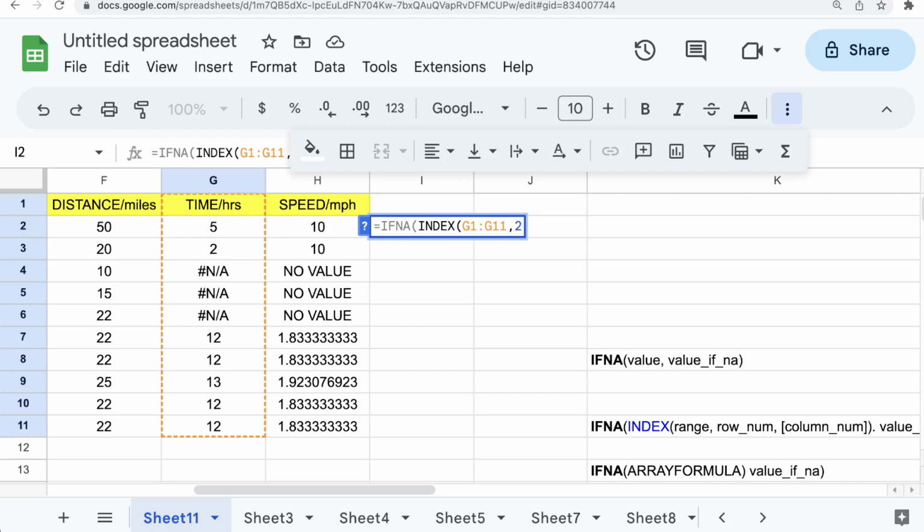Okay, let's close the INDEX. We are not going to choose the column because we selected only one row. If we selected more than one row, we would have chosen the column. This is not about INDEX. If you really want to understand INDEX, I've also handled INDEX in the previous videos, but just for the sake of IFNA. Okay, so we close this bracket and we bring a comma